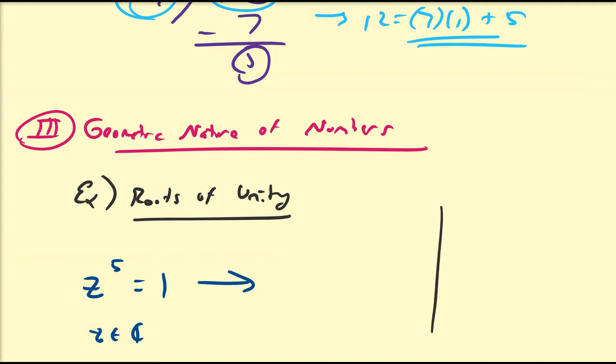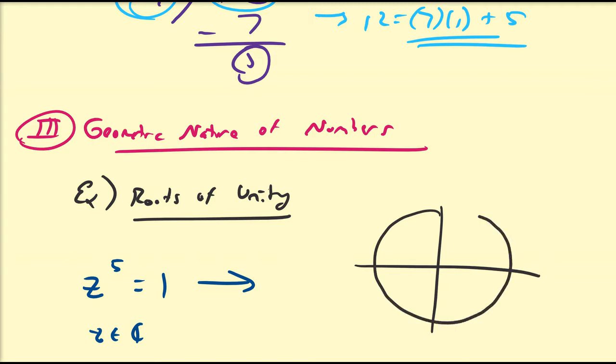So if we were to look at the unit circle, right? So let's assume this is the real part of z, and this is the imaginary axis for some complex number z. The point 1, 0 clearly is a solution to this equation because 1 to the power of 5 is equal to 1. So where are the other 4 solutions located? The other 4 solutions are located on points on this unit circle, right? So if we were to connect all these points,